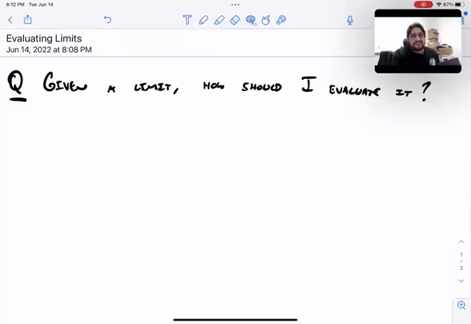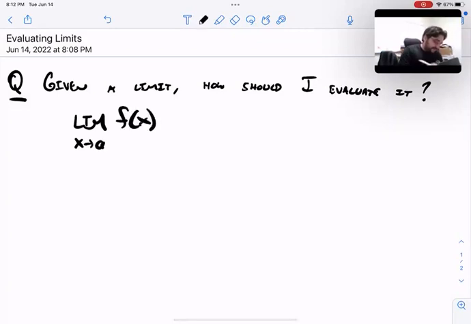Hi, today I want to talk about evaluating limits. The question is, we're given a limit, right? We're given something that looks like this, limit as x goes to a of f of x, and we want to know, what do we do to evaluate it? Well, it depends. There's always something you should start with, which is to ask if your function is continuous